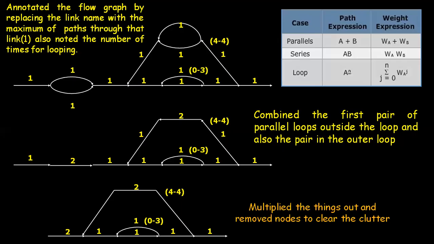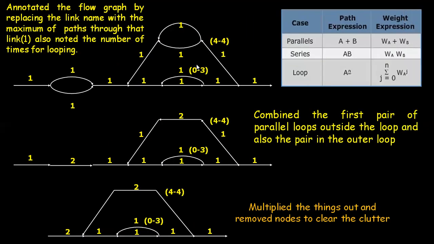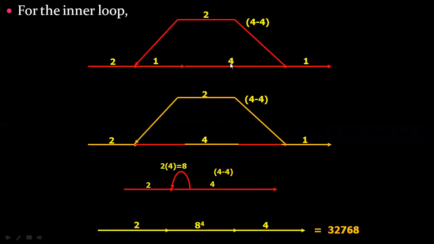Okay, so here, if you see, we calculated the total weight of the inner loop. Just see how it is. Here it is 3, 3 plus 1 is 4, 4 into 1 is 4. So directly, instead of everything, we can write 4, but I have calculated only this first part, so that's the reason I have made it 4. Or else directly, 4 into 1 is also 4 because they are in series.